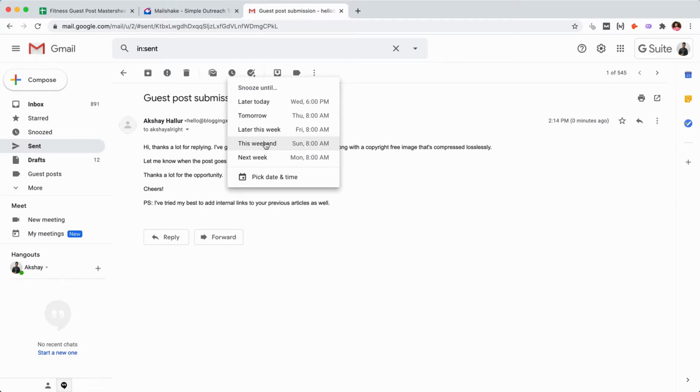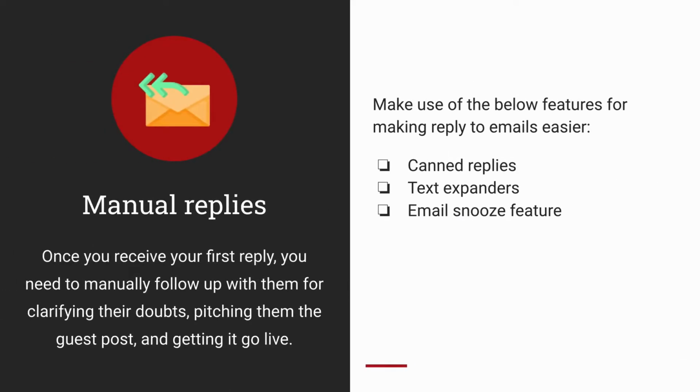This is a really good feature that you need to use, or else you will be missing out on many opportunities. You also need to create templates for generic and frequent replies by making use of canned replies and text expanders, or if you're using SOPs, you can use our Notion system. Alright guys, this is how you handle initial emails, follow-up emails, and also manual email replies.